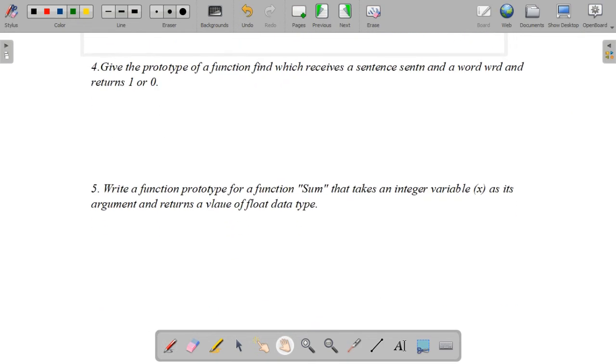And the next one: give the prototype of a function find which receives the sentence SENTN and word WRD and returns 1 or 0. So the function name is find, it receives a sentence SENTN and a word WRD, and returns 1 or 0. So how will you write this prototype? First we will write the method name as find, and it receives a sentence.